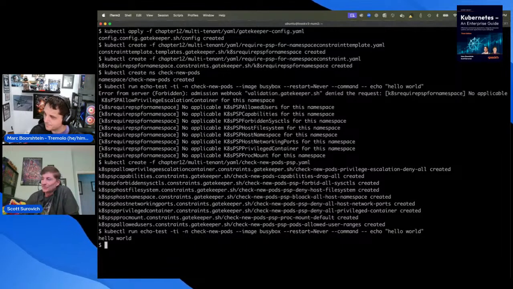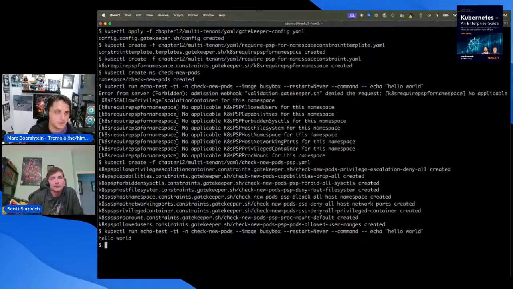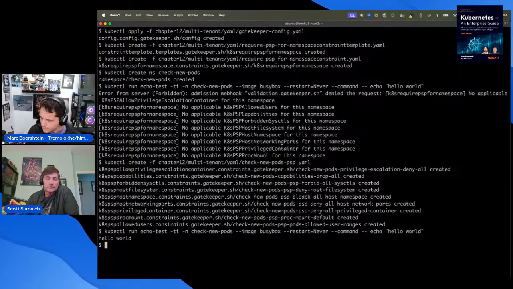So you spent a lot of time talking about Gatekeeper and OPA. What if you don't want to use Gatekeeper and OPA, or Kyverno for that matter? To provide a replacement, though it was not designed to be one-to-one, first, the Kubernetes SIG Auth team, was it SIG Auth?